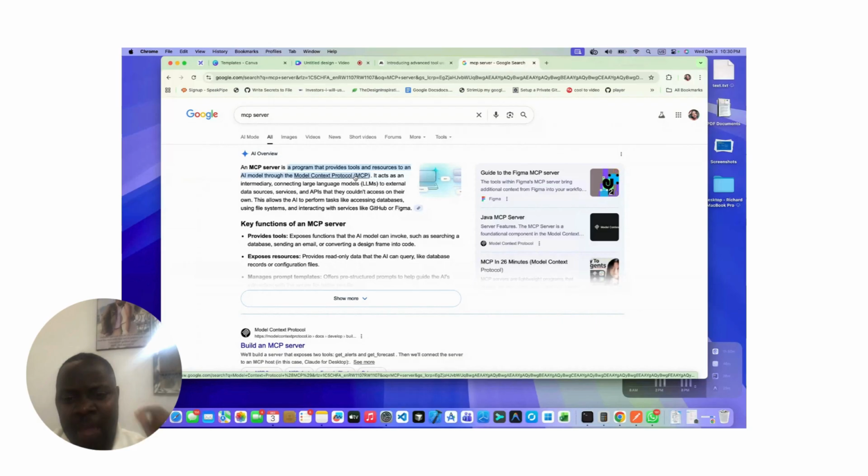Why hasn't MCP picked up as AI has? It turned out that when AI is about to work, it uses something called tokens. This is how the AI gets inference, how AI understands and is able to return the tokens back to you so that you can see what AI has produced.